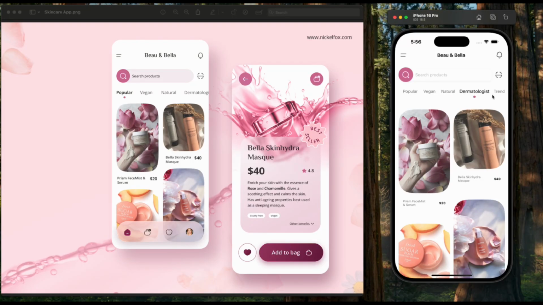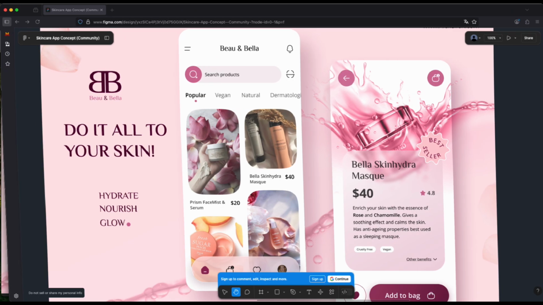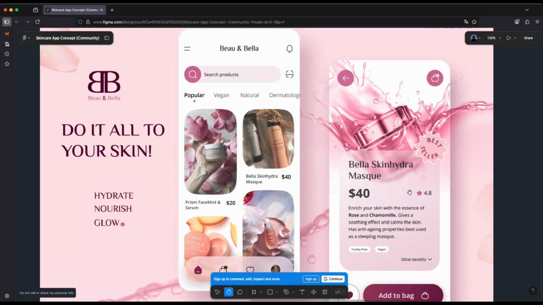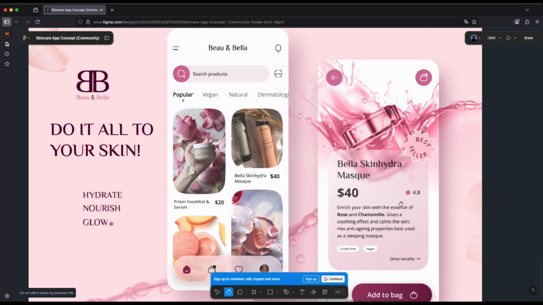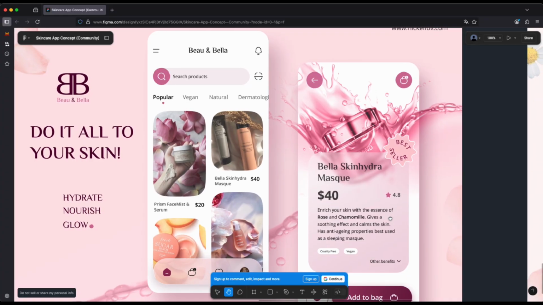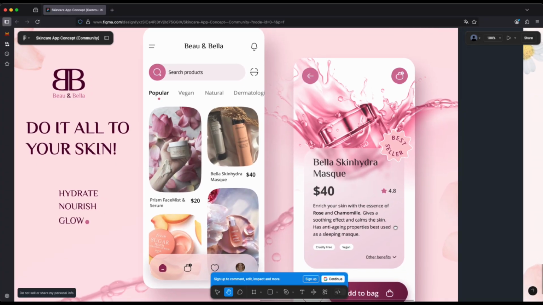Today we are diving into something fun. We're going to recreate this e-commerce homepage in SwiftUI. Now, full disclosure, this design isn't mine. I stumbled across it online and thought, hey, why not turn this into a SwiftUI project and vibe code our